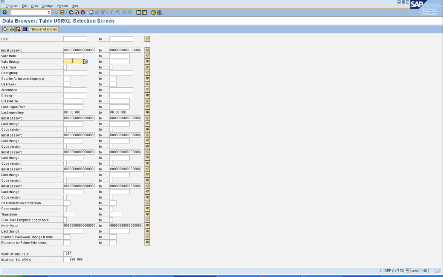So validity date information is again very useful to ensure that people are not unnecessarily prevented from getting into the system.